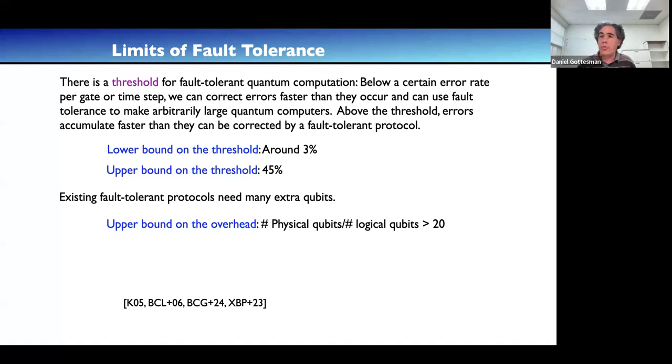That's actually a huge improvement on the state of the art, say 5 years ago, where it was more like hundreds or thousands of physical qubits per logical qubit. Now, the drawback of this is that you have to make some architectural assumptions, and in particular, the ability to do long-range gates. But it's hopeful that we could bring down the overhead even further.